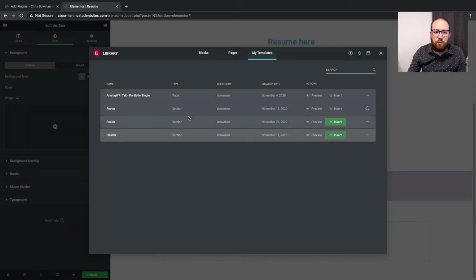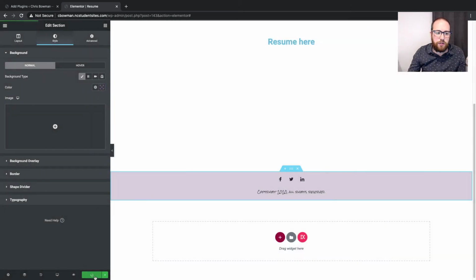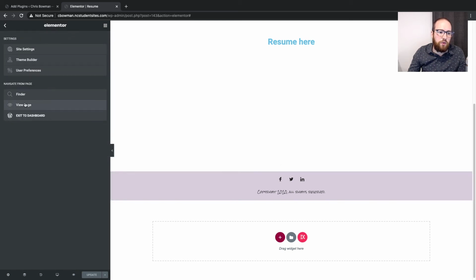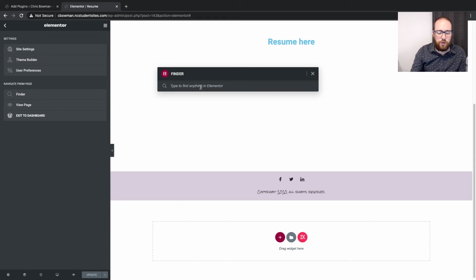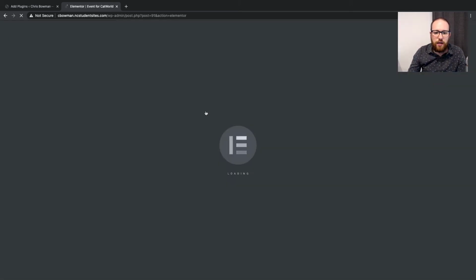Perfect. Now, when I want to edit another page, and by the way, the quickest way to do that, always make sure you click Update first. But the quickest way to get to another page without having to go all the way back to WordPress is to click this hamburger menu here and click Finder. And this is really cool, you can actually type in. So for example, I know I have another page called Cat World, the Event for Cat World page. So if I go to this Event for Cat World page,